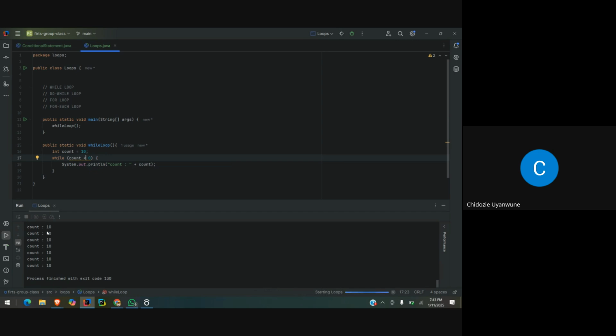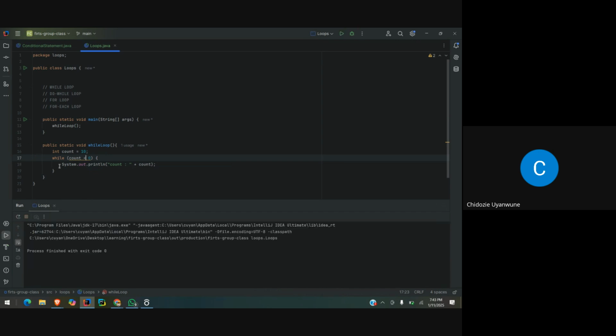Okay, it's building. This one will not work. If it's 10 less than zero, it won't run. I want to do a reduction. I want to check something: while it's less than,